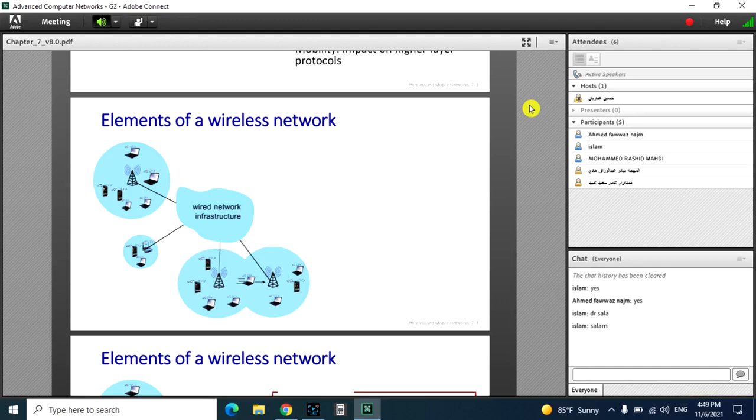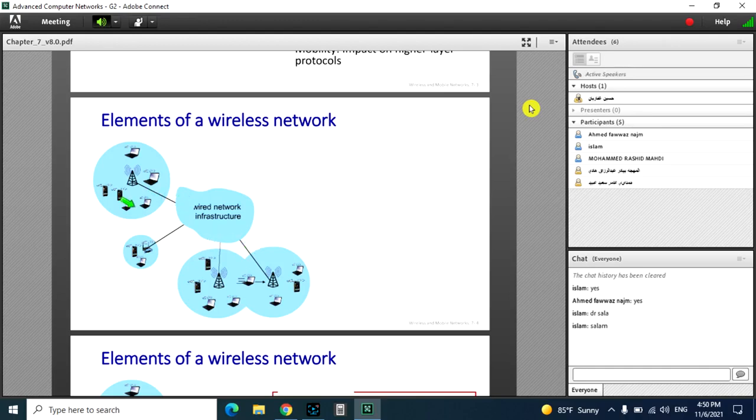Look at this picture here in slide 4. I can see there are several blue clouds in this network, in this picture. In the center of those blue clouds, those blue circles, you can see there is a special antenna or base station. We talked about base station in chapter 1. At the center of those blue circles, we can see there is a base station, where that base station is connected to the wired infrastructure, wired network infrastructure. Okay,